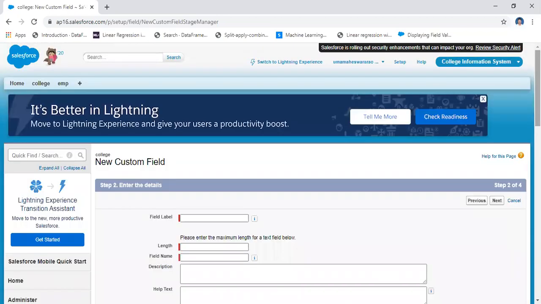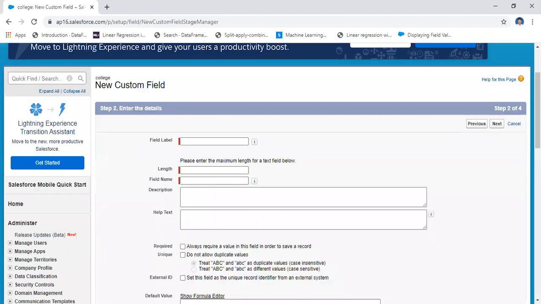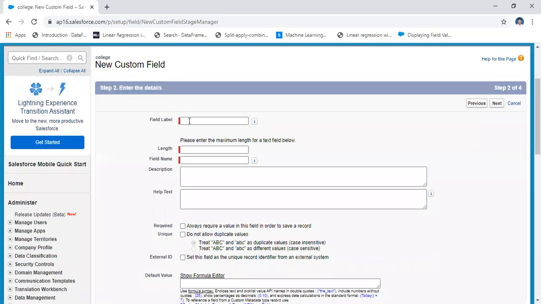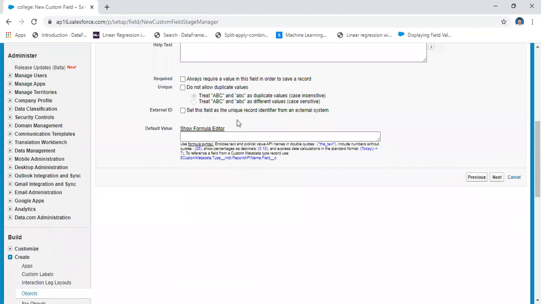Next. Here comes the field name. What is the field name? The college id is already created by Salesforce. College name is the field name. It will ask for the length of the information. That means you may give the length. Here it is a text, so you may give 30 letters, and then you may click required field or unique field. You may make it a required field, or you may leave it and add it after some time. Okay, no problem. College name is also a required field.